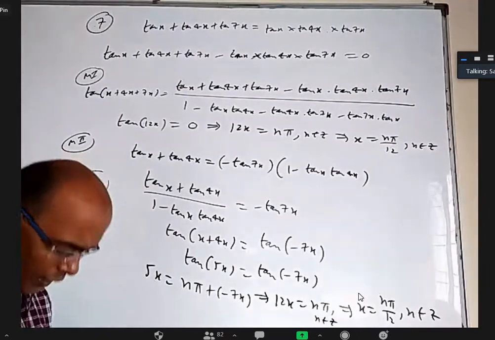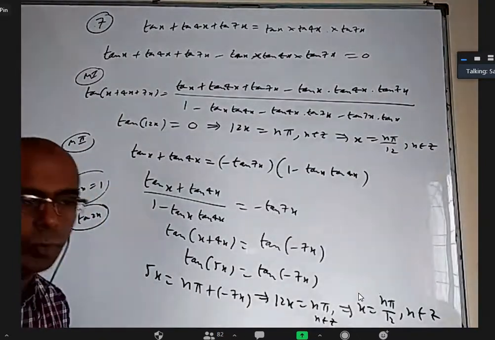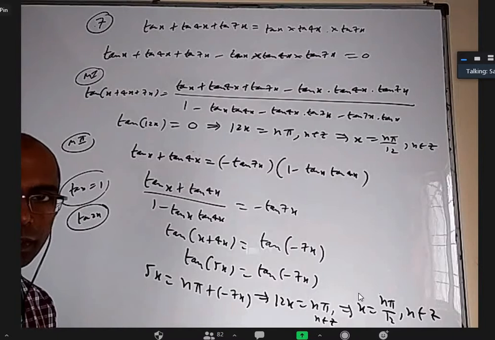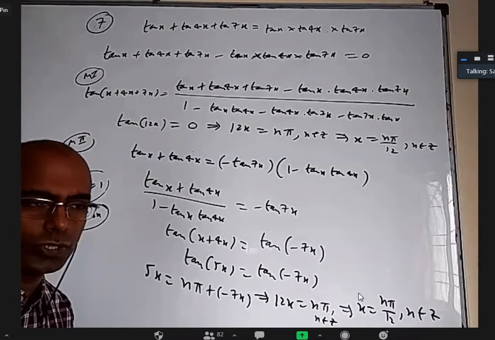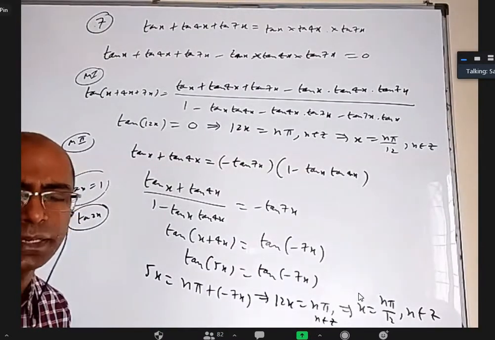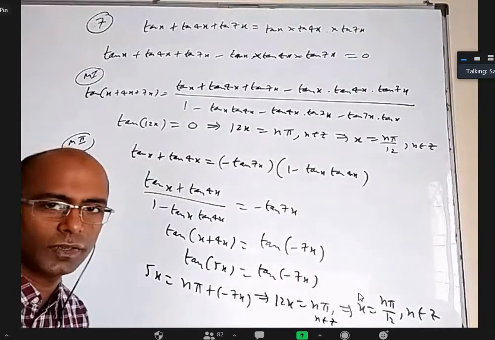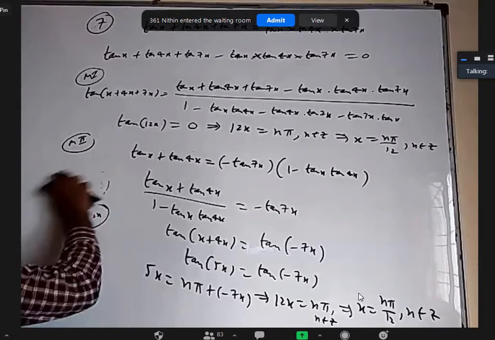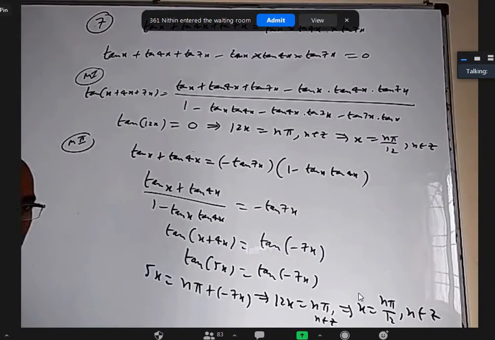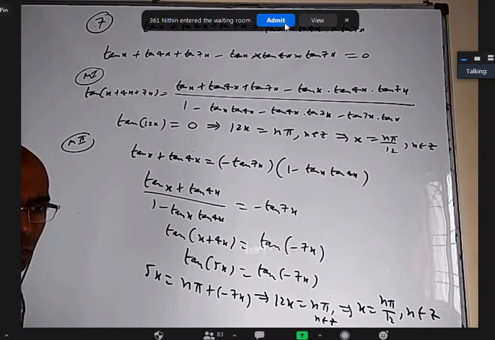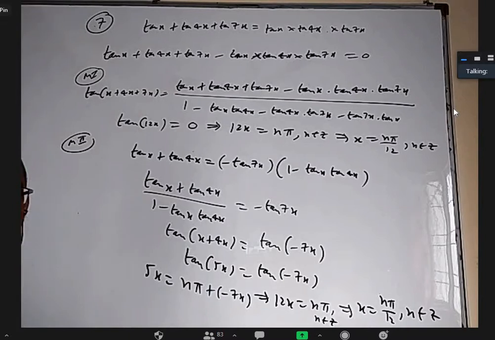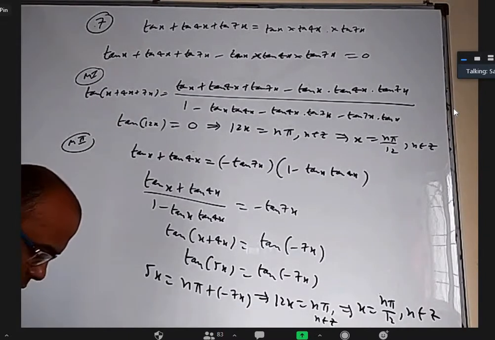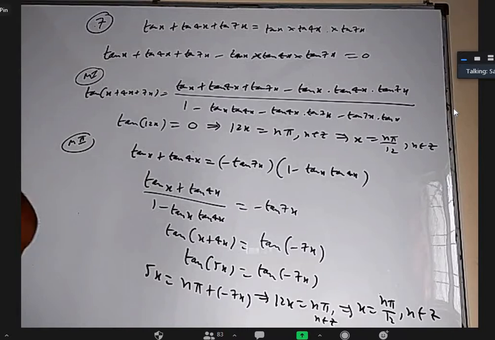Okay. So whenever tan is involved, we have to look at the domain of the question before even solving. Or after getting the solution, we have to see whether it is violating the domain in any way. If it is violating, that part of it has to be neglected. Okay. So anyway, when you tried and you did not get the answer, I would have discussed at that time, but still. Okay.